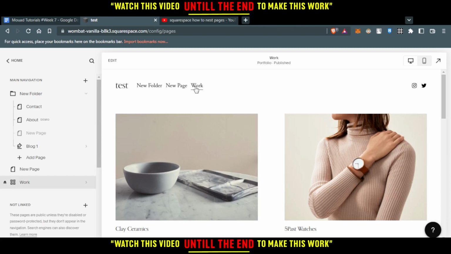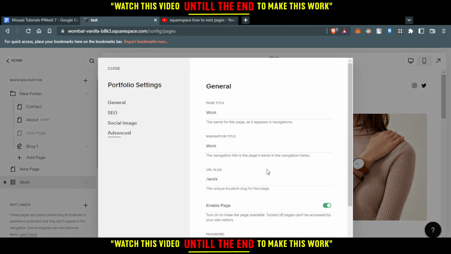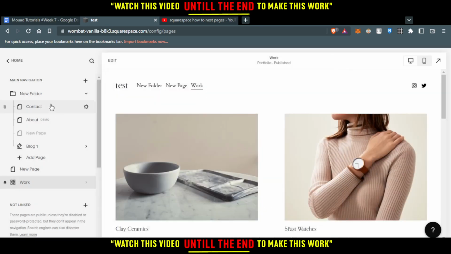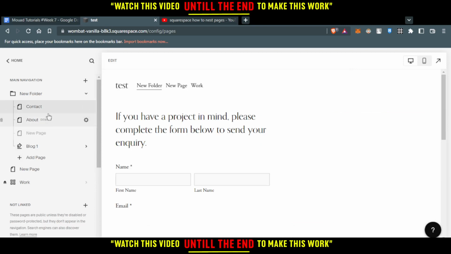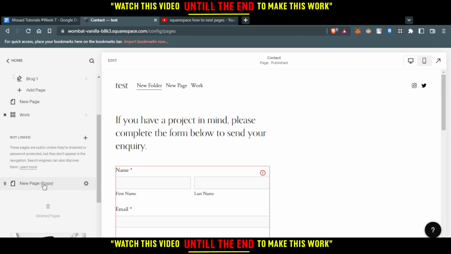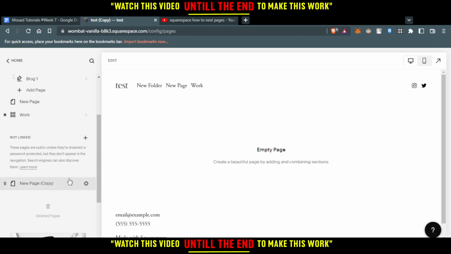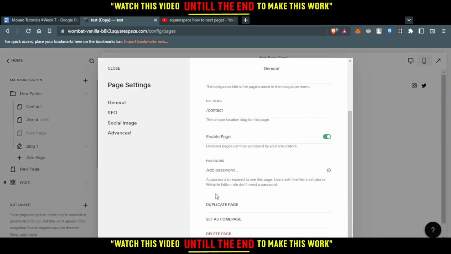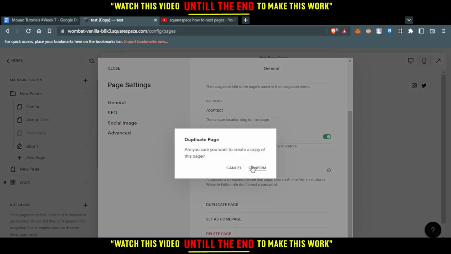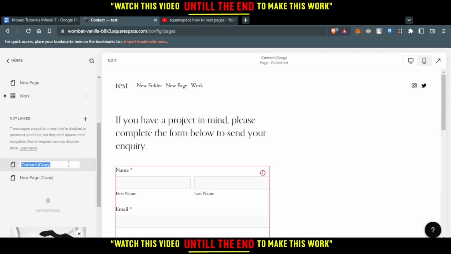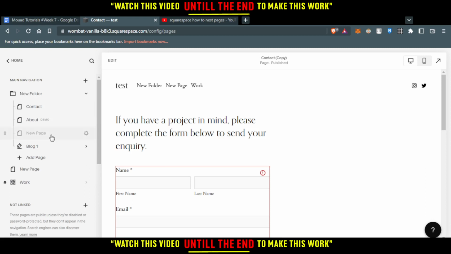So that work page, we can actually duplicate it. So just click on that, scroll down. Of course, if you don't have the duplicate page option here, it's fine. You'll need to duplicate one page per another. So of course, as you can see here, this is a copy. I already duplicated it. So of course, if you want to duplicate, just click at the settings option here, scroll down, click at duplicate page, click confirm,